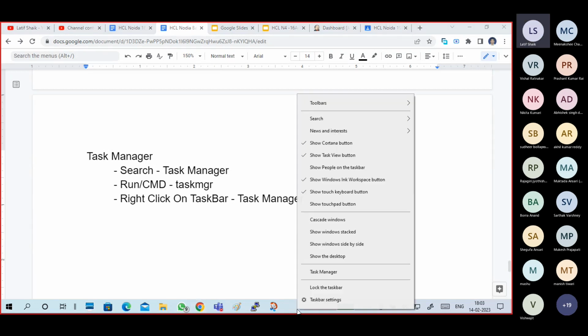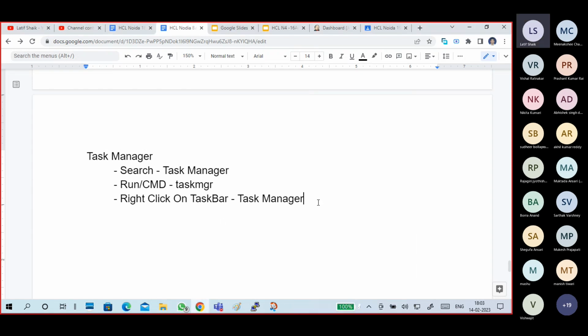This is the taskbar, guys, and this is Task Manager. Next, Ctrl plus Alt plus Delete, and there also you can find Task Manager.